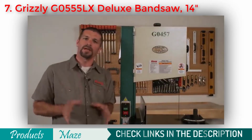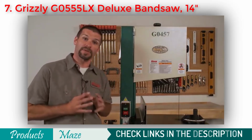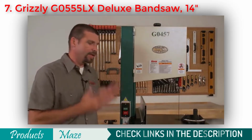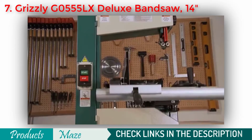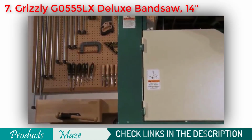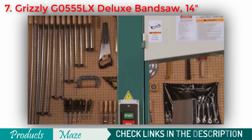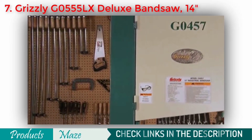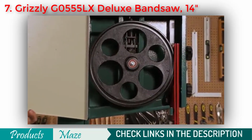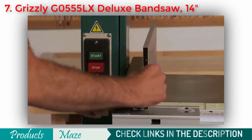Next we go over the top-of-the-line 14-inch bandsaw. It is the G0457 industrial 14-inch resaw bandsaw. Let me point out some of the main features of this saw. It features a whopping 10 inches of resaw capacity, a heavy gauge steel reinforced frame to take the added blade tension, and computer balanced cast iron wheels. Cast iron fence with large removable resaw fence,